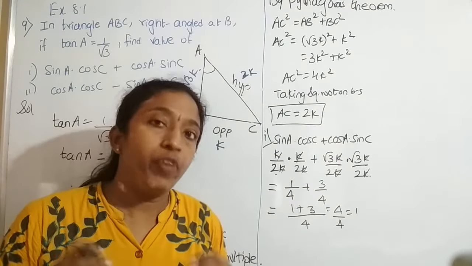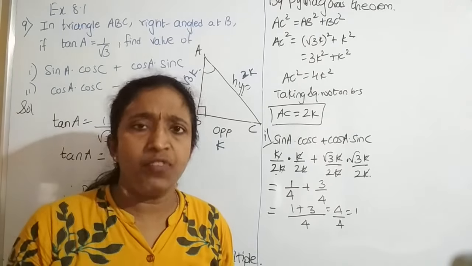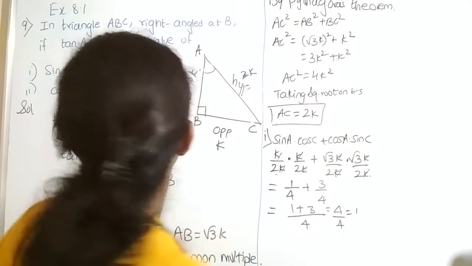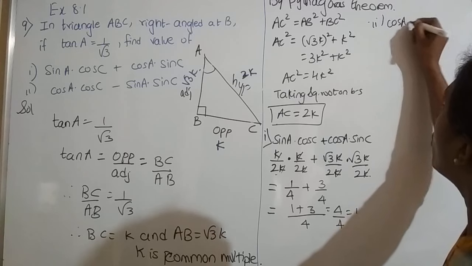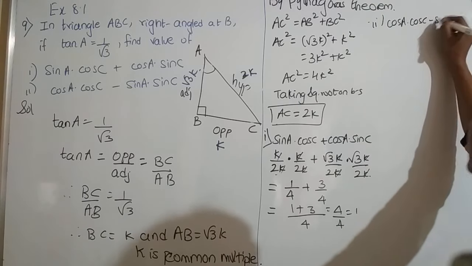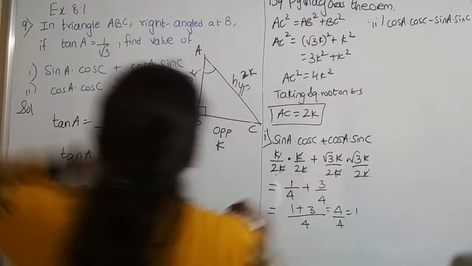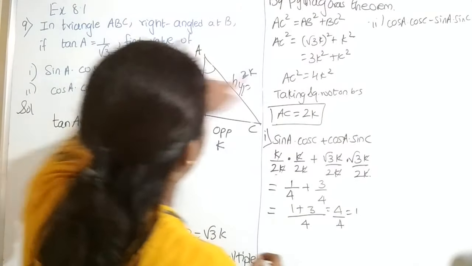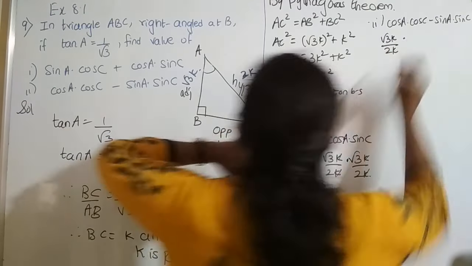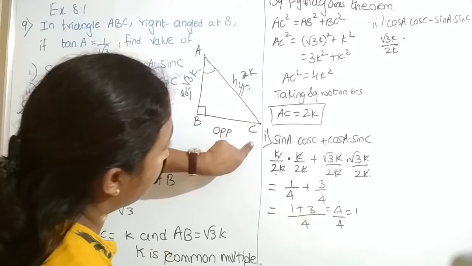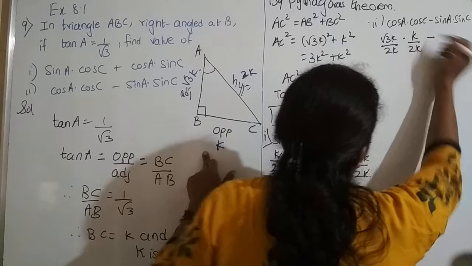The only thing you have to be very careful about is whether it is A or C. Any angle is there, first you see and then you apply. The second sub question, let's solve that also. We have cos A into cos C, students, minus sin A cos C. So we have cos A again. Cos A from here will be adjacent upon hypotenuse, so we have root 3k upon 2k. Cos C, from here I view adjacent upon hypotenuse, that is k upon 2k, minus